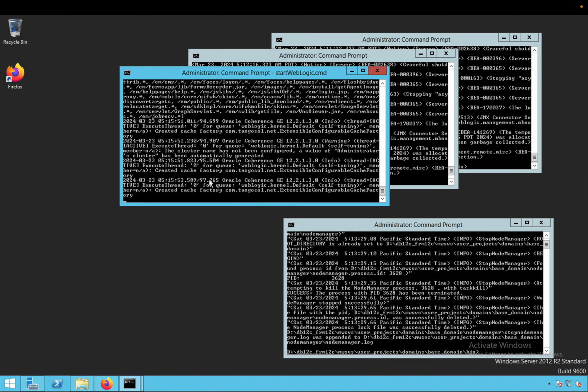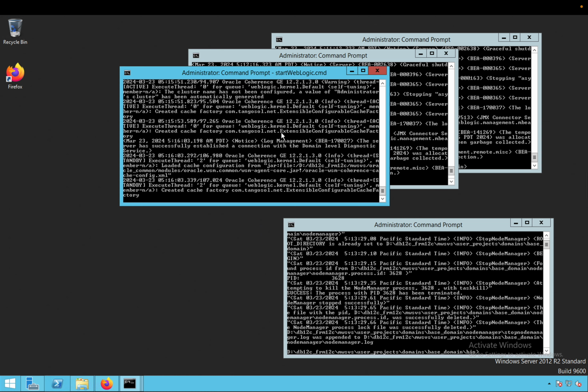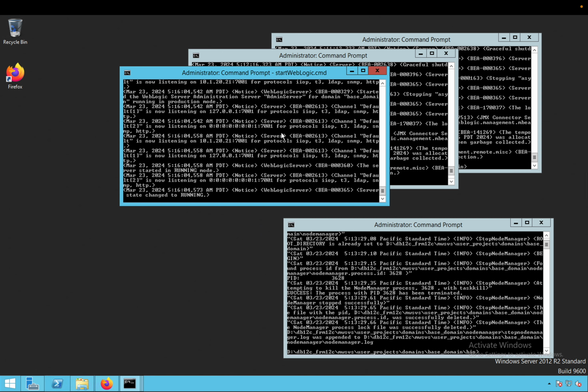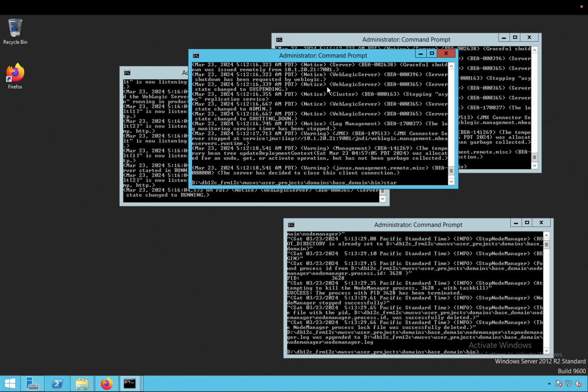Minimize these windows. Okay, you can see the server state changed to running, and the next is our start managed